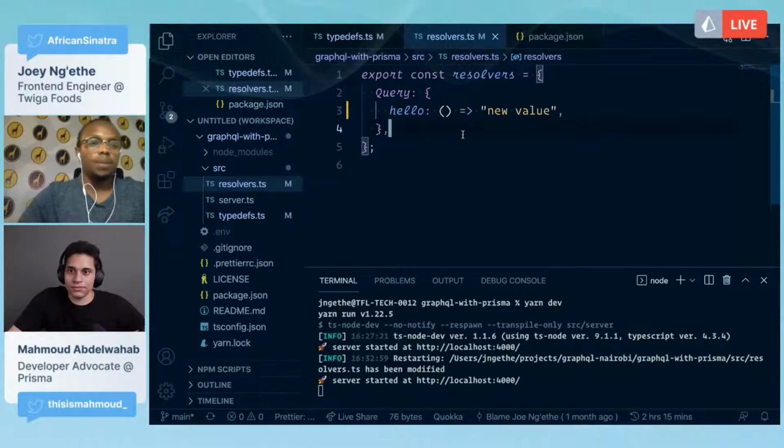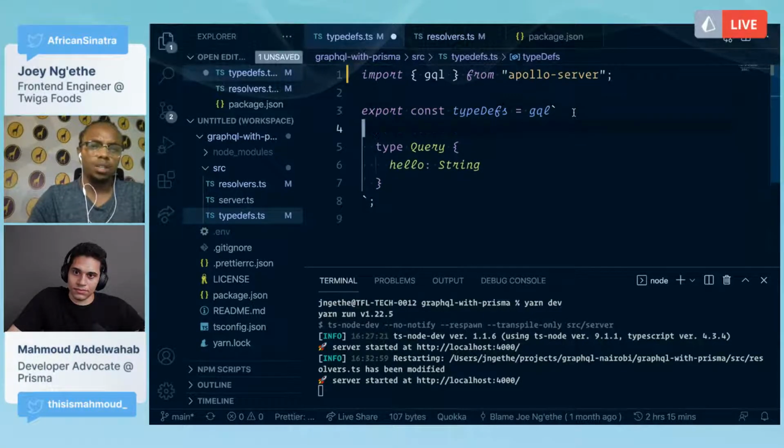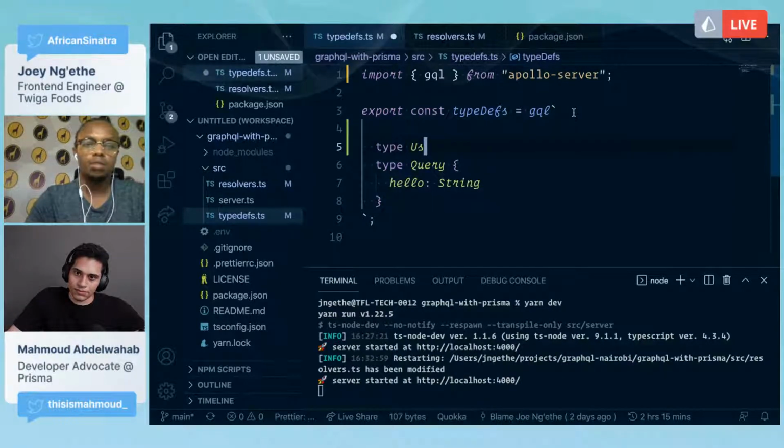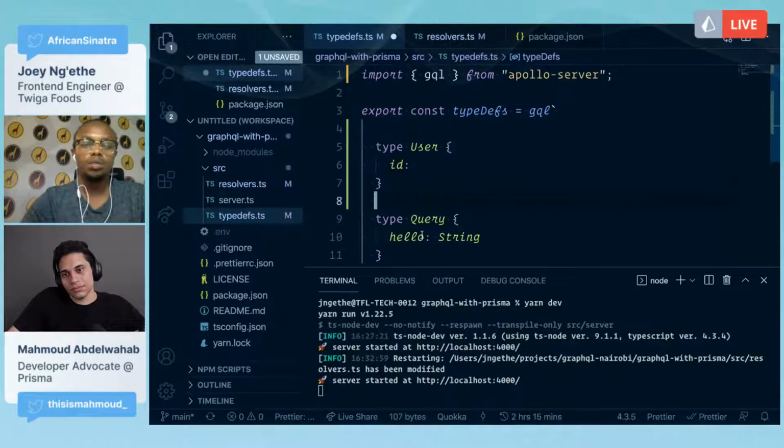To begin with, we're going to define a user type. This will represent a user in our system. So we say type User, and then we do it like so. As opposed to this, which was a string, this will be an object.